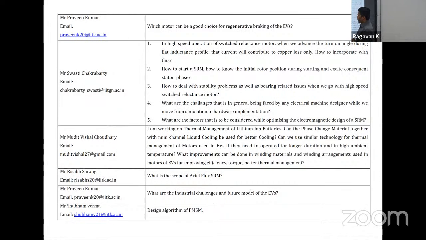Design algorithm for PMSM. That is a very, very open question. There are books written about that. So I can point you to one book. So this was Shubham, right? I said Shubham. So there is a proper book for PMSM machines. There's actually one by Jim Hendershot, which is actually a very good book. It's a PMSM book. There's another one by